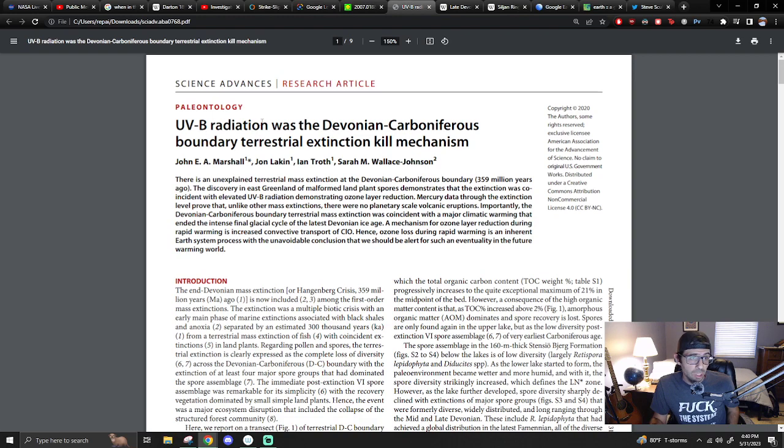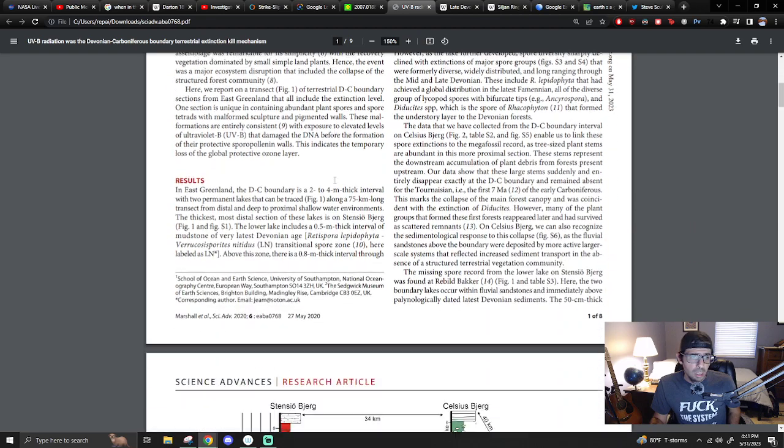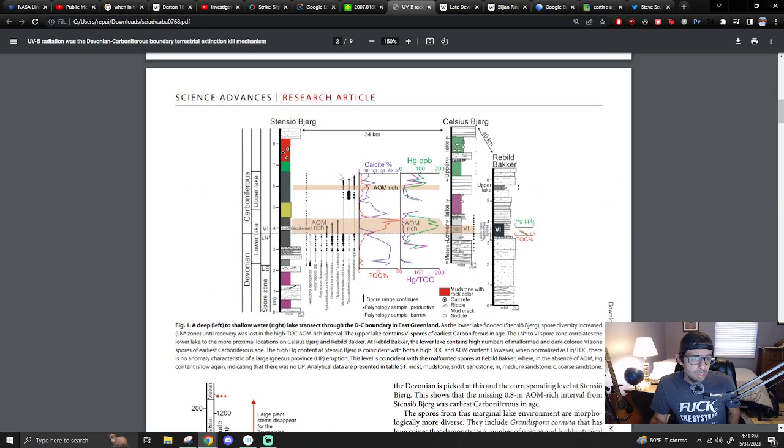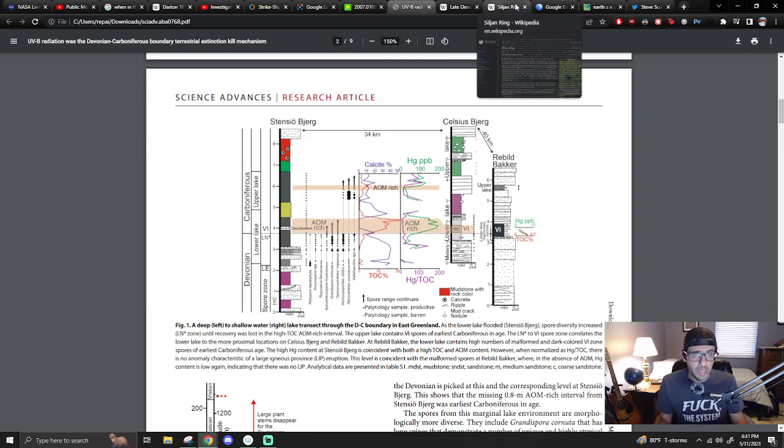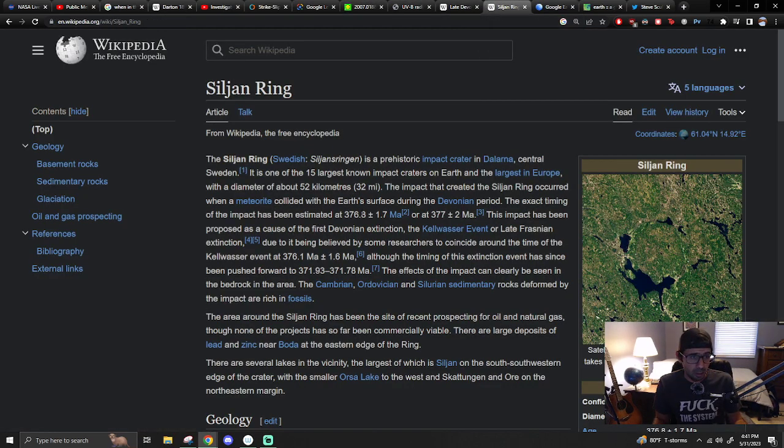UV-B radiation, which I believe is connected to the ozone depletion, and burning of fossils that are burned by the UVB. Let me see the full extent. Let's quickly go through these, because notably, this is an